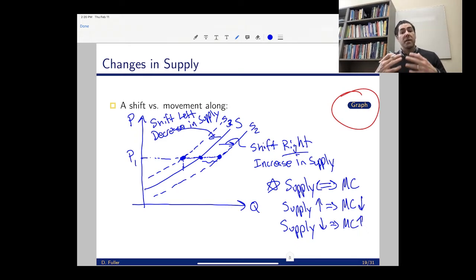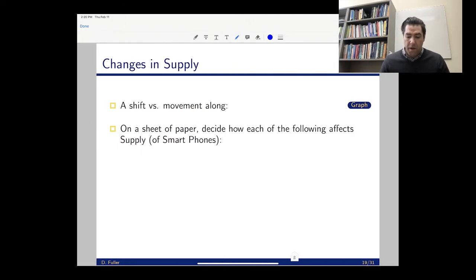So when I think about is something going to shift the supply curve and which way, I want to think of how is that going to affect the marginal cost of producing another unit, right? So in the decrease in the marginal cost, you see us going down when the supply curve shifts right, and when the supply curve shifts left, you see the marginal cost going up. So that intuition, I think, will help you piece together what shifts the supply curve and in which direction. Okay, now,